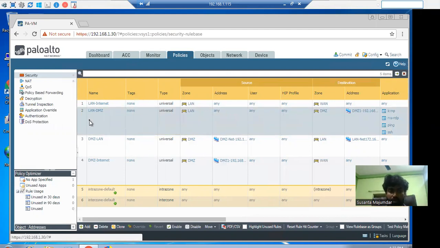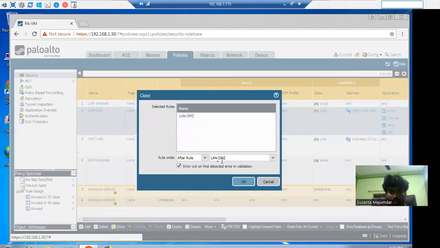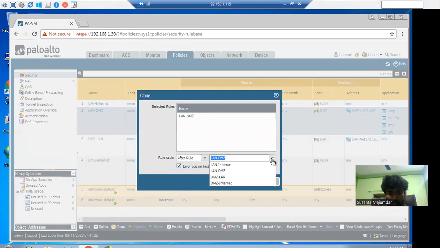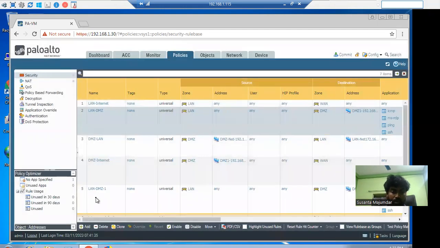for a separate service and separate group. Then what you have to do is right click, select over here, and you can just clone. See here, there are so many options after the move button before. So where you click, it will be placed after that policy. If you are using move top, move below, move before the rule, or after the rule. If you are using before the rule, then it will be number 2. So I am using after the rule. What will be the rule? You can select it. Not only that, if I select DMZ internet, the last one, and click okay, then it will create rule number 5, but you have to rename it